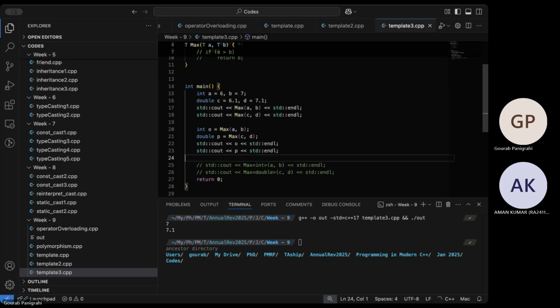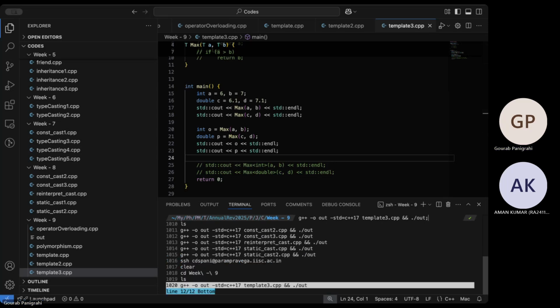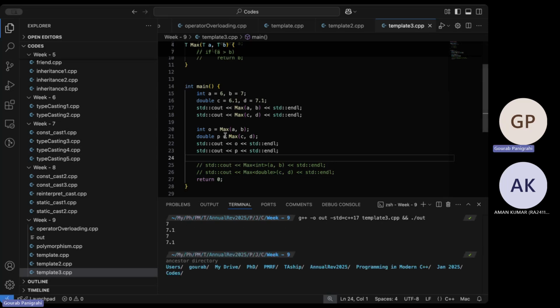So output O will have A and B. C and D are in P. And then we can have the output. So here it will interpret whichever output it has. So O is integer and these are integers, so that is fine. The return type for max in this case is also double and you are storing in double, so it is all good. Right, it will be the same output.